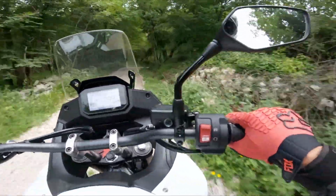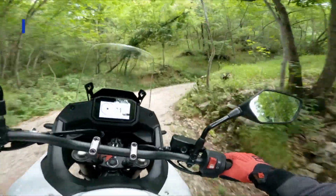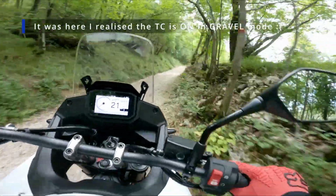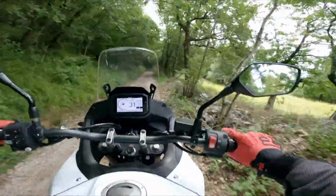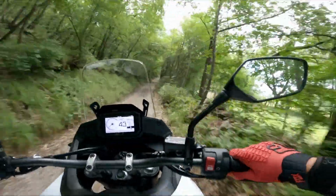Now here's the twist: simplicity. While the Transalp is built to last, some of us yearn for that extra touch of refinement. Maybe it's time for Honda to take a page from the Italians' book and infuse a bit more artistry into